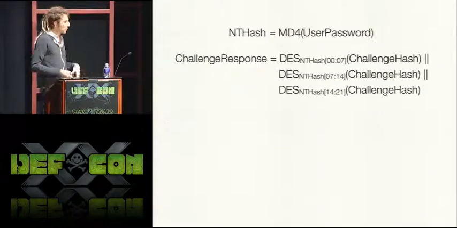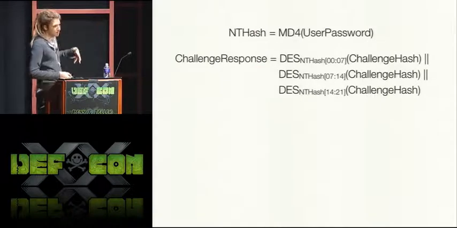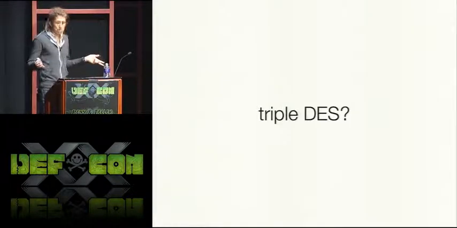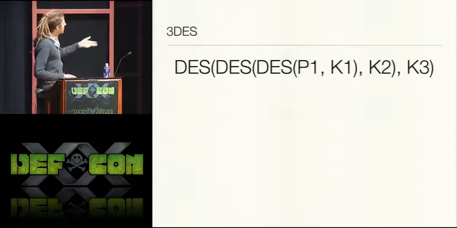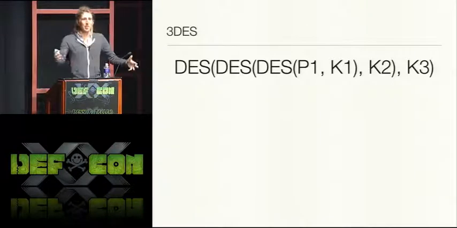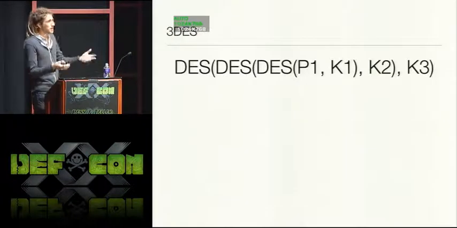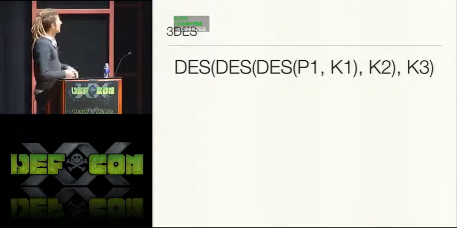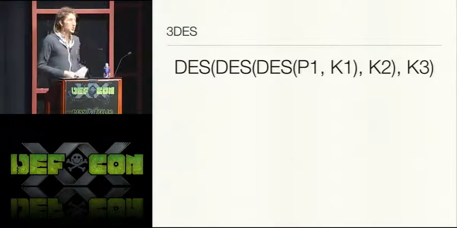So when we look at our core problem here, we have these 3 DES encryptions. That's triple DES, right? The way that triple DES works is, back when people were starting to lose confidence in DES, they would use triple DES in order to secure their communication. The way that works is you have this nested construction where you start in the middle,